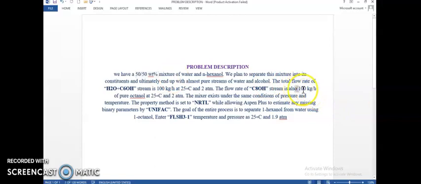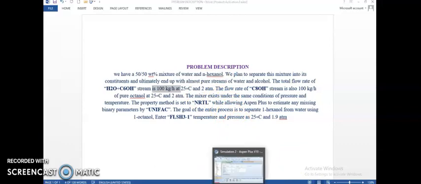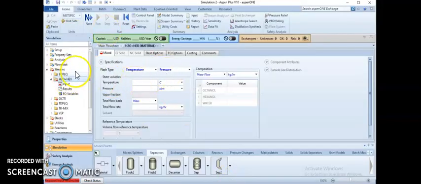So we have 100 kilogram per hour being introduced, and the solvent part in the mixture is also 100 kilogram. Here the temperature is 25, the pressure is given as 2 atmospheres, and the mass flow for the octanol is a total of 100, and